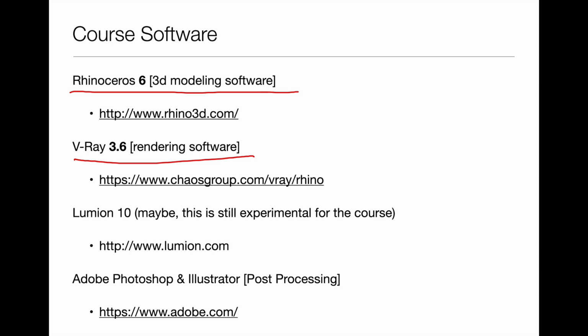The other thing that's in kind of an exploratory phase, I'm not sure that we'll completely cover it in this course, but we're looking at wrapping it in, and you guys are going to be a little bit of a guinea pig for me, is a rendering engine called Lumion, which is available as well. I don't believe it's been installed on lab machines, so it may be something that we have to sort through. So that's still experimental, but I like to put it in here just so you know it's there. And finally, the last part here is the classic Adobe Photoshop and Illustrator.